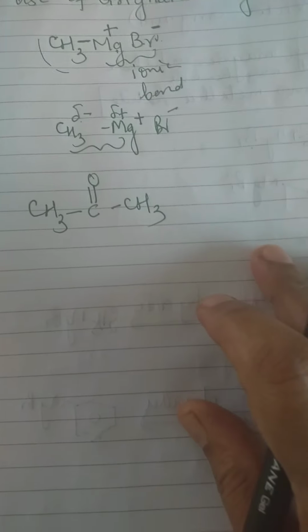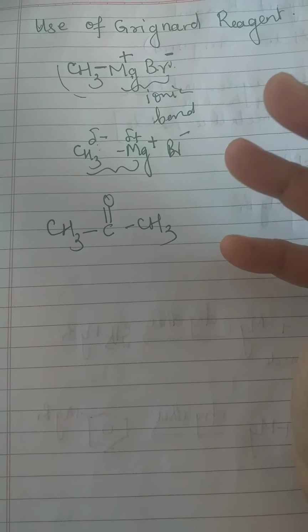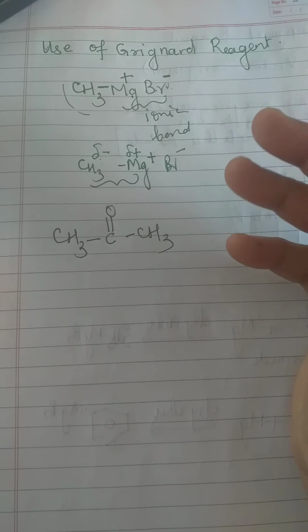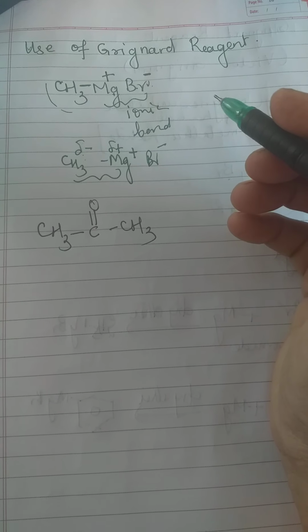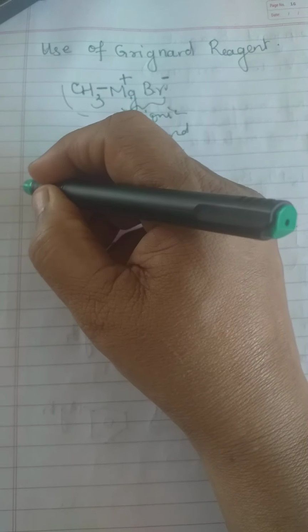ठीक है, now let us see what is happening. Usually what happens is this carbon जो है ना इसके ऊपर negative charge है. Negative charge means it is highly nucleophilic, so it will go and attack some center which is electrophilic. So we have to just check compounds where there is electrophilicity available, and usually you see that wherever there is a double bond or a triple bond it is happening.